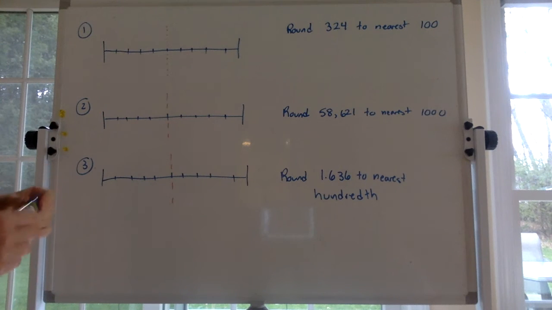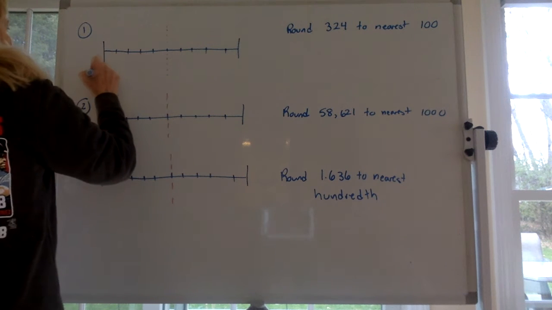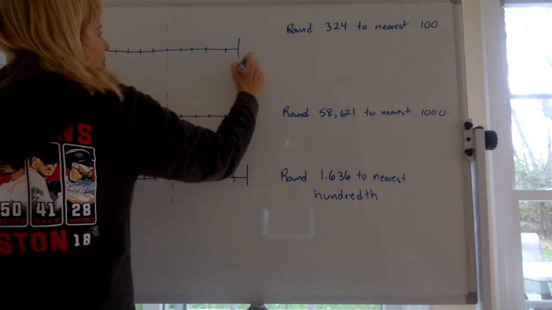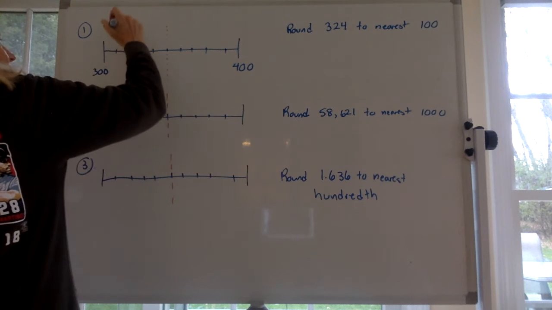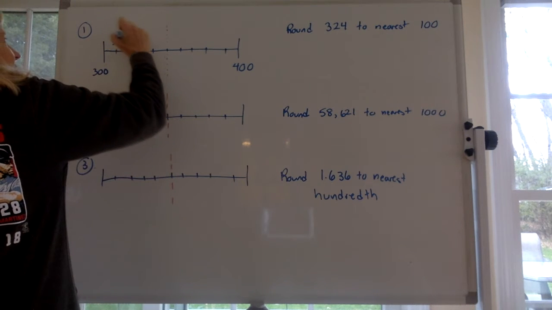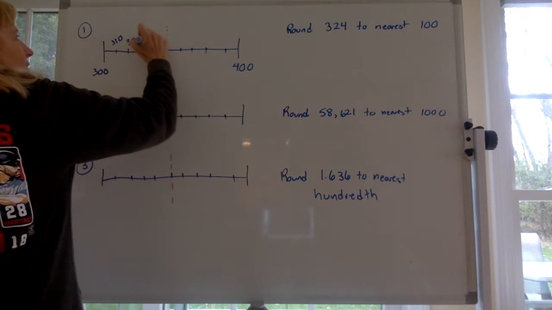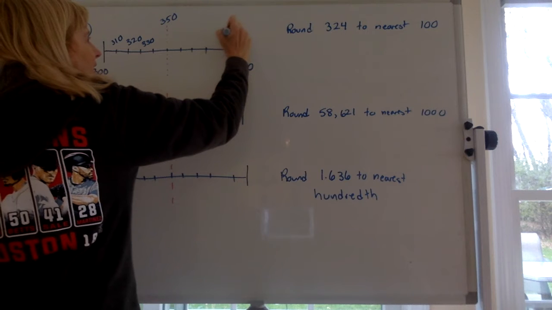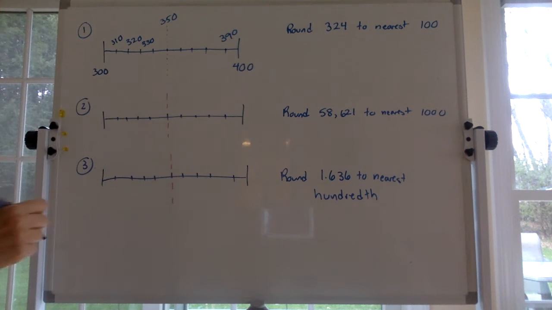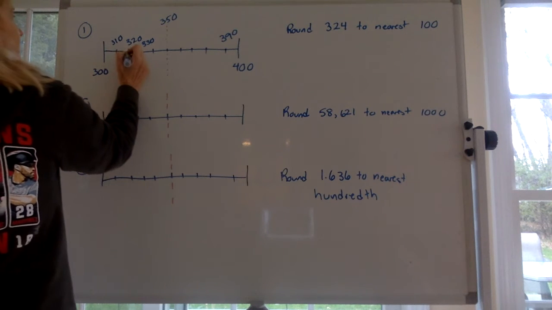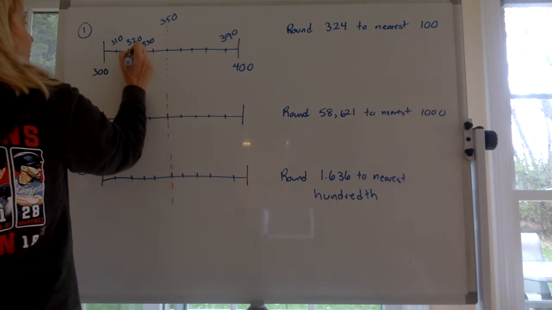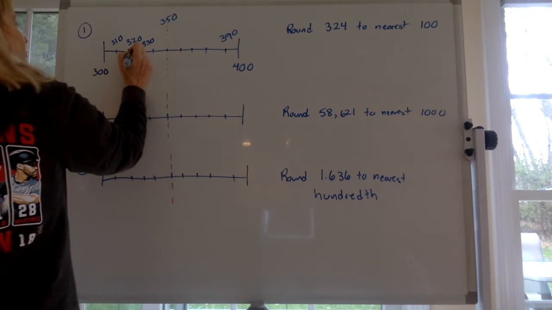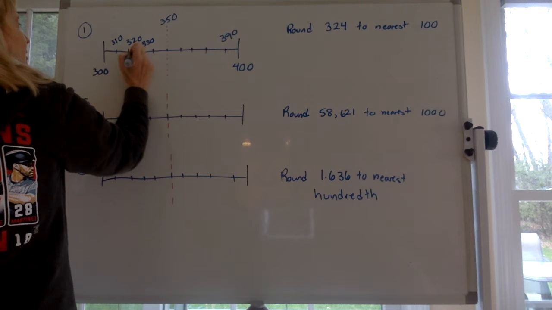So you got to think, what are the 2 100s that 324 is in between? Well, 324 is in between 300 and 400. And if that's the case, can we label these? These are 310, 320, 330. The red one is 350 all the way up to 390, right? So where's 324? Well, here's 320, here's 330, so it's about 4/10 of the way over. It's right here,